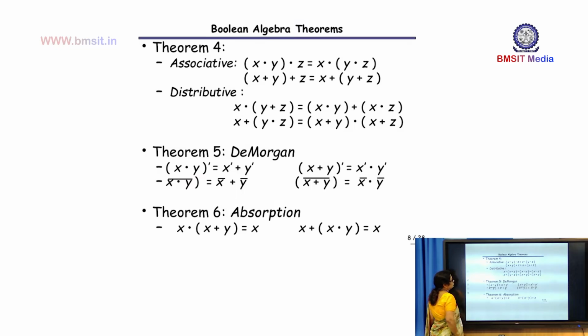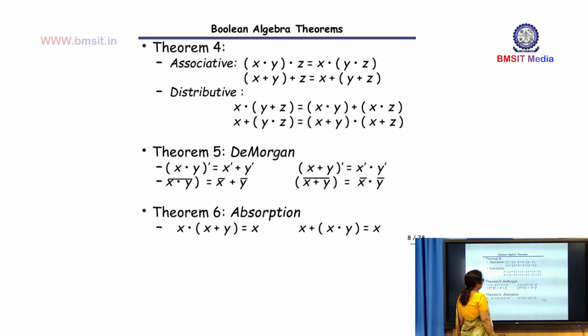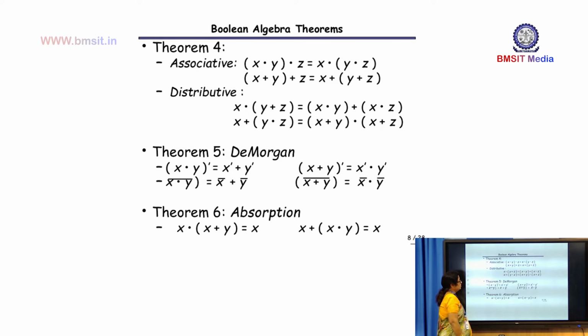So the next law is associative law. So both multiplication and addition laws I have written here. So first one, associative law is defined for 3 variables. So xy, after getting the result, if I am ANDing with the third variable z, this should be same as first ANDing y and z and the result is ANDed with x. Okay. So here also the order in which you are ANDing the variables will not matter. Clear? So you can AND in any order. So result will be same.